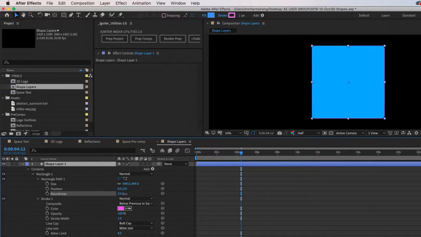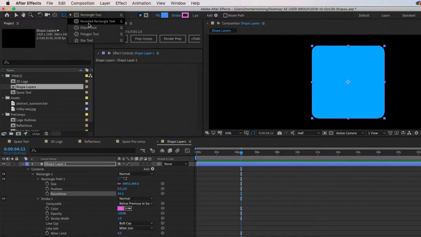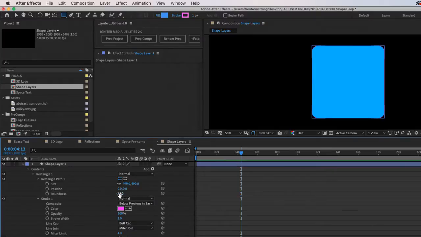I can change the roundness of a square, so I also have a rounded rectangle, but I can change the roundness here if I already have a rectangle in. And I can change my stroke. I can do that up here.